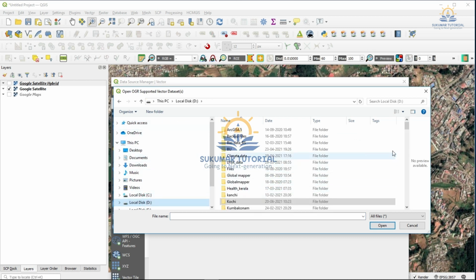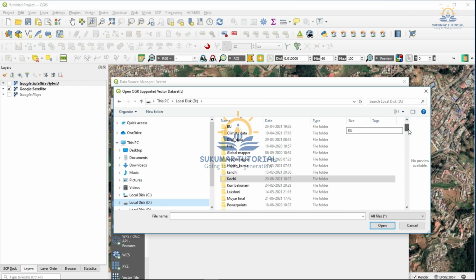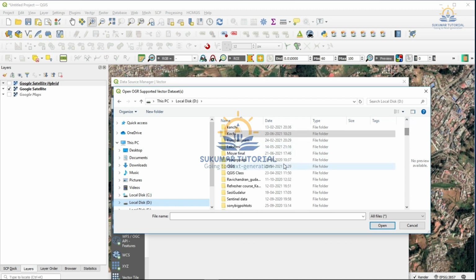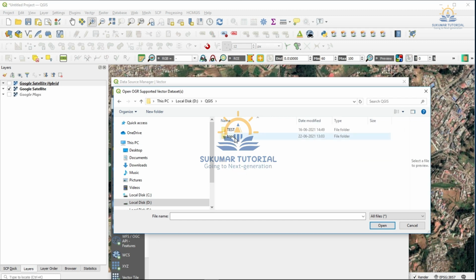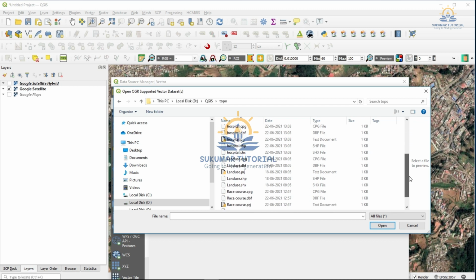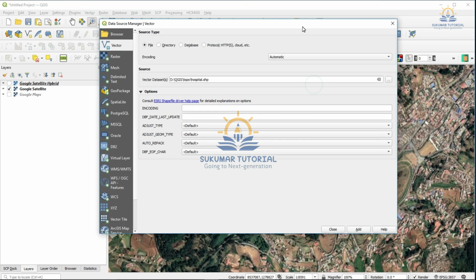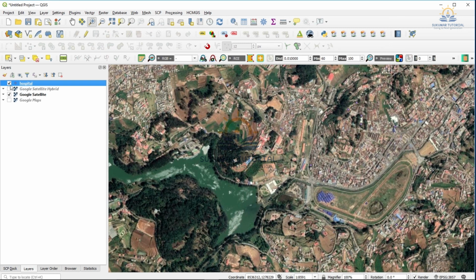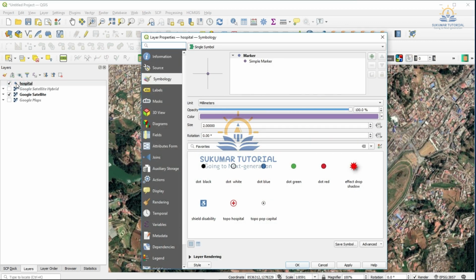See, in this folder I have hospitals, hospital SHP, that is a shapefile. I am just clicking and then opening. Add, close. The hospital has come. Since the color has to be changed, I am just double clicking.